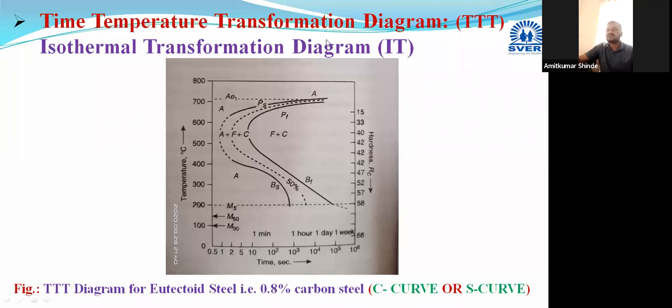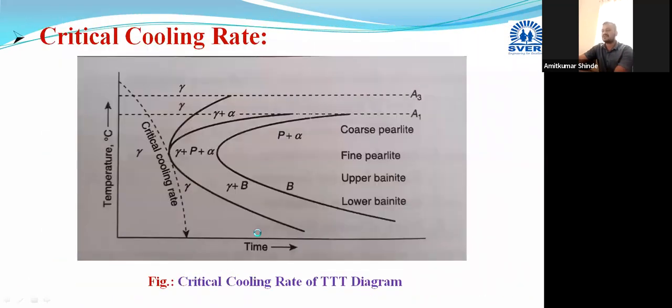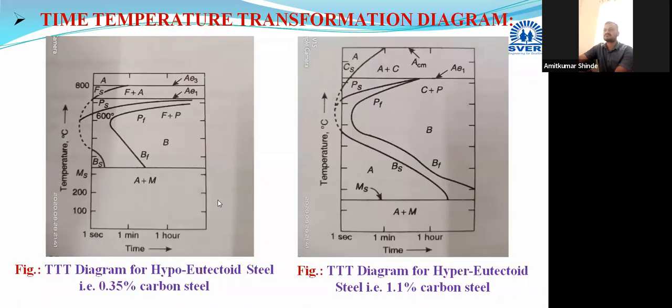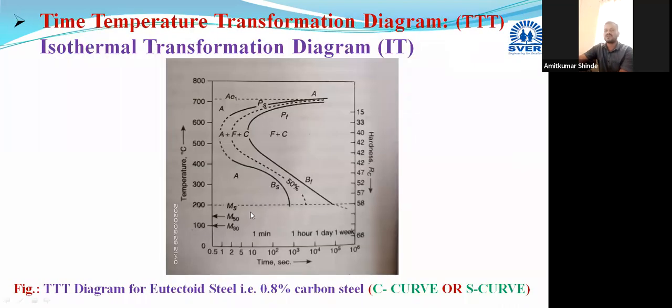Eutectoid steel means the steel which consists of, or its composition is, 0.8% carbon. This is the TTT diagram for exactly 0.8% carbon steel, which is also known as